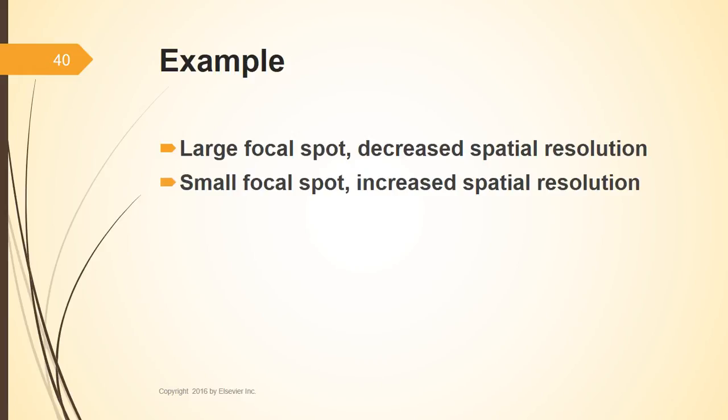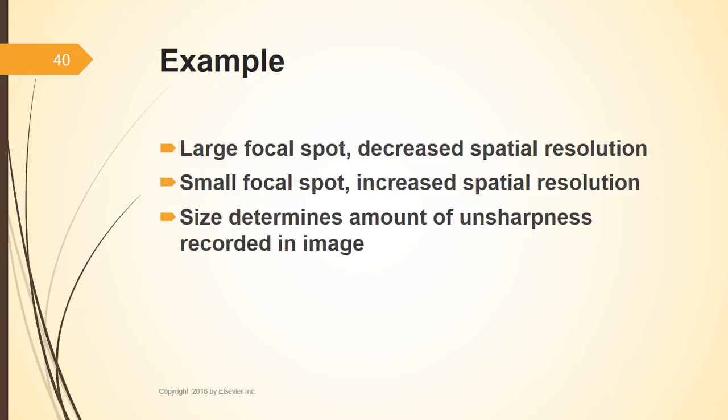So how do you choose the focal spot size? Focal spot size influences the amount of unsharpness recorded in an image. So the larger the focal spot, the more unsharpness. So unsharpness is something you don't want. You want sharpness. If you need fine detail, then you're going to choose a small focal spot. And that is usually for like extremities. When you think about the bone, you want to be able to look at every bit of that bone,